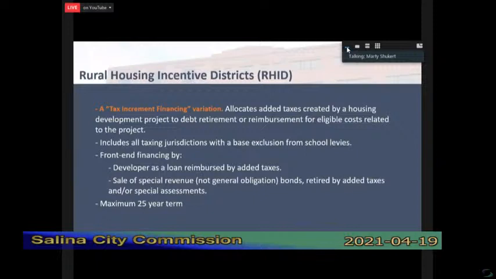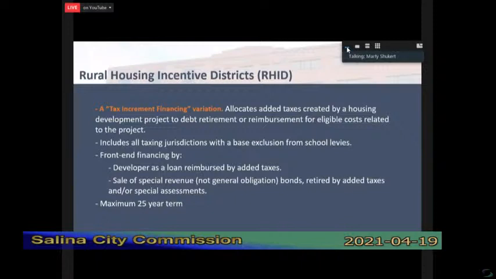Basically, what RHIDs are is tax increment financing for residential development. So TIF as such in the state of Kansas can't be used for housing. TIF, being tax increment financing, which I'll explain for everyone who maybe doesn't know, is